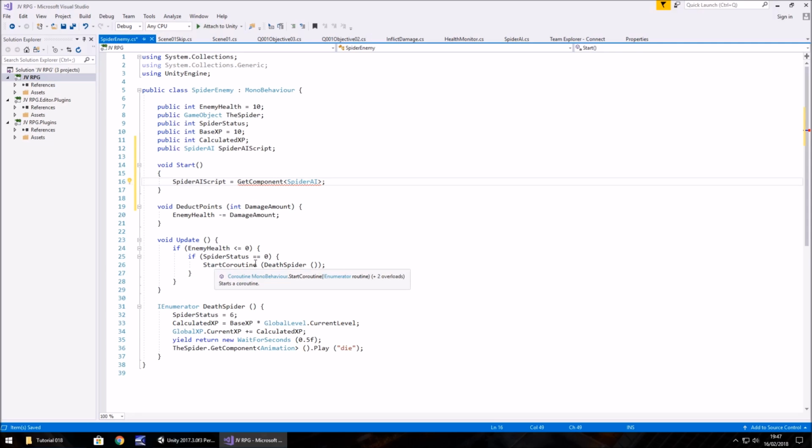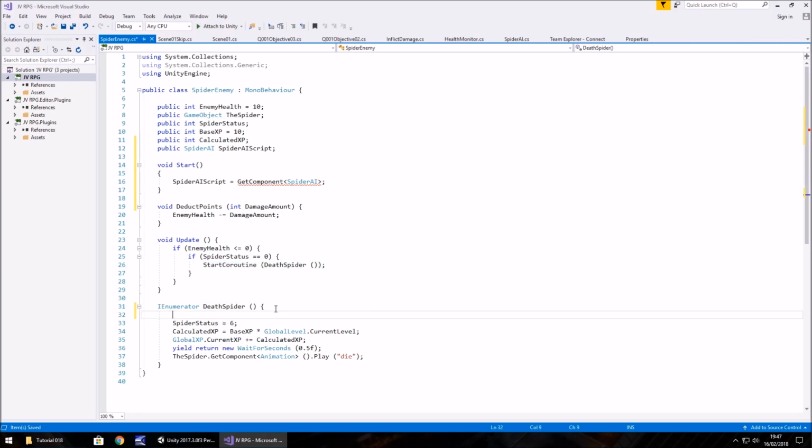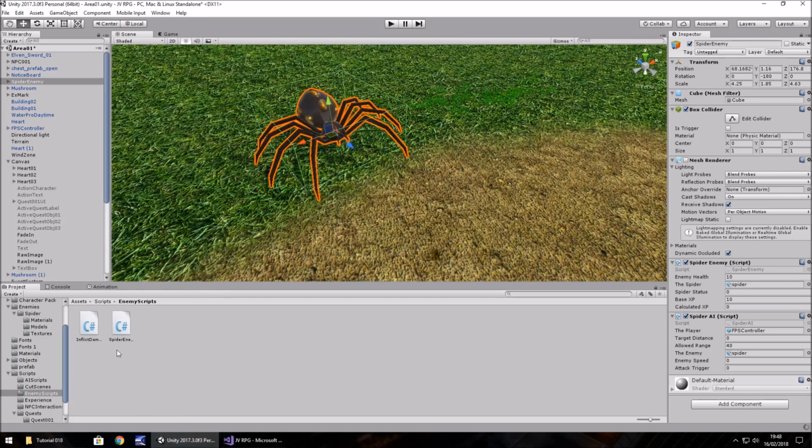Next thing we need to do is, down here we need to work out when our spider dies. So when we call this coroutine here, death spider, this is where he dies. So here is where we can technically turn off that script. And to do that, first thing in the enumerator is spider AI script dot enabled equals false semicolon, and save that script. Now if we go back to Unity,